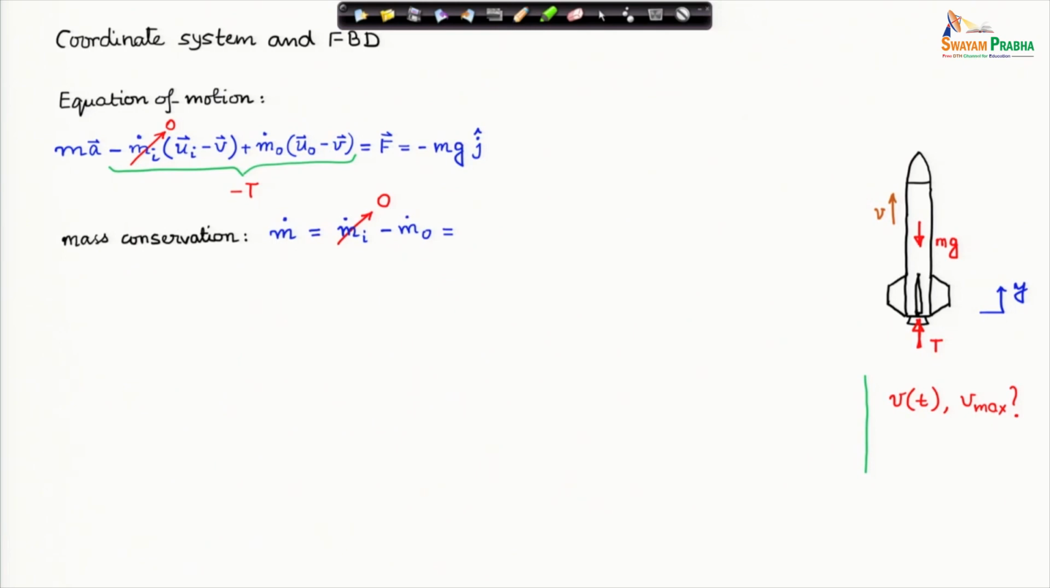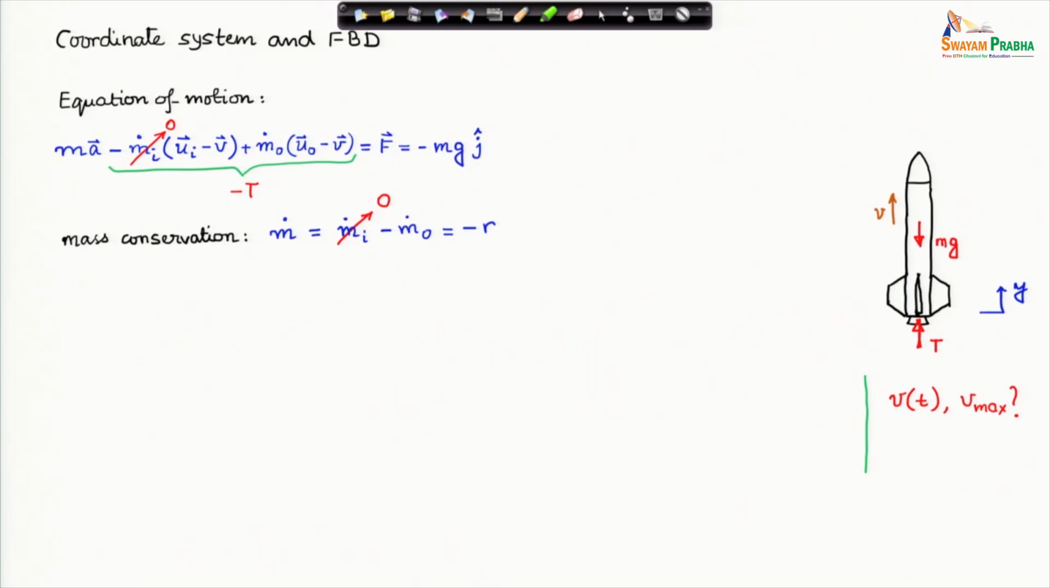Now, from the mass conservation relation, we must have the rate of change of mass of the system, which is the rocket, m dot, equal to mi dot minus mo dot. Now, mi dot is 0, there is no intake of mass, there is only exhaust. Therefore,